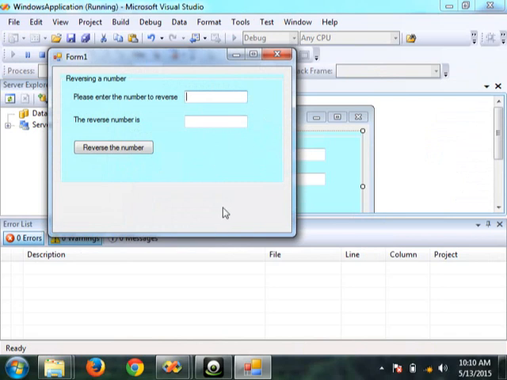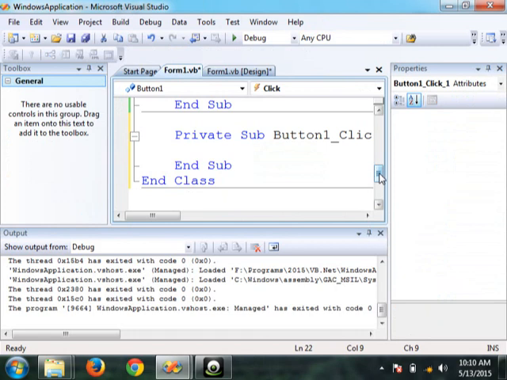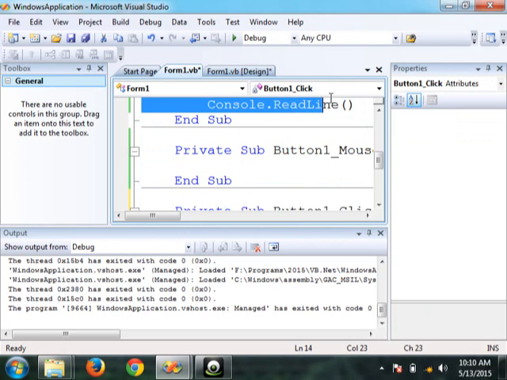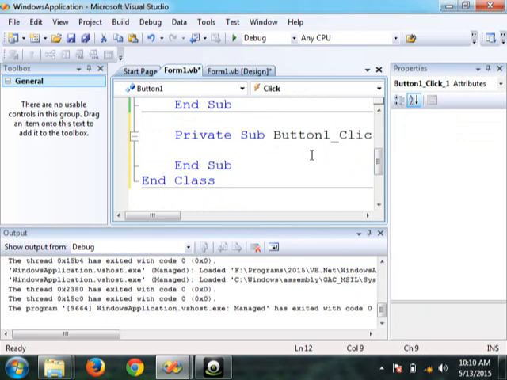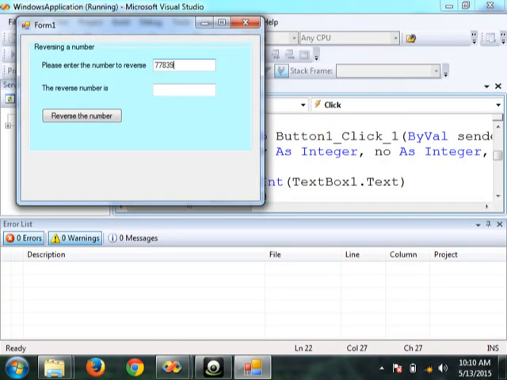You can even change the color of this one. So properties help you change the way it looks. It's mostly about the looks in this case. Now again the program is working the same way. So if I reverse, sorry, this is the button click, so this is no more working. Sometimes this happens, so you have to be careful. I double click and this is the code now generating for that. So I run this, I reverse the number, so there.